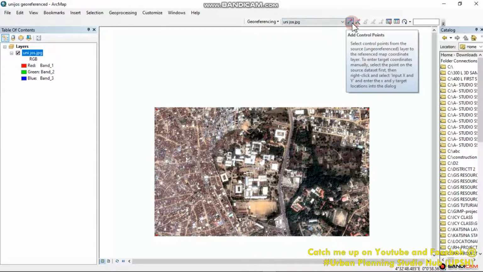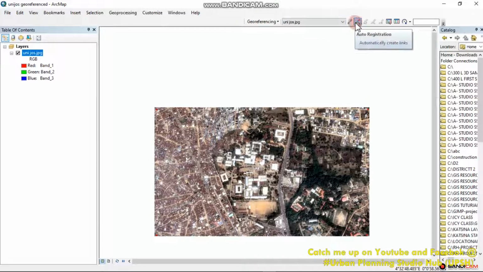Now here is where you have add control point. This is what you have: auto registration, you have select links, zoom to selected links, delete links, view link table, and the rest. Okay, this rotate and